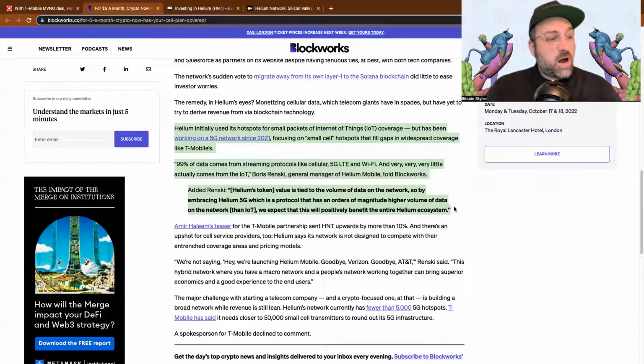Now, these hotspots are not the same as the Internet of Things. They can't go 20, 30 miles or whatever they said. I find that hard to believe, by the way, 20 or 30 miles. But this here is saying that